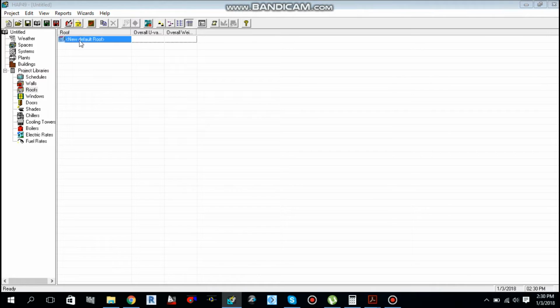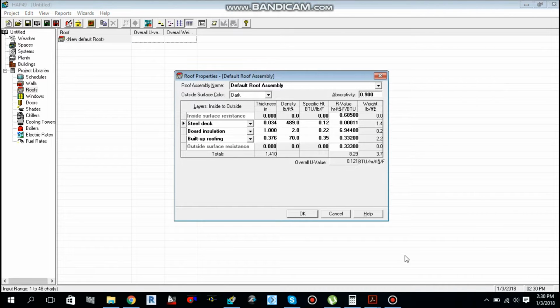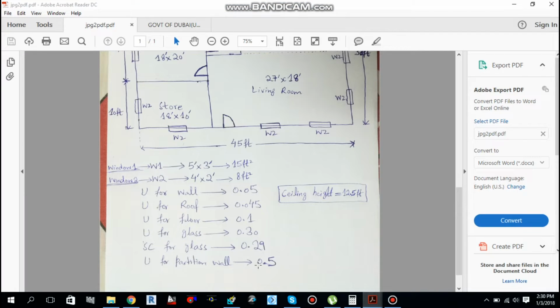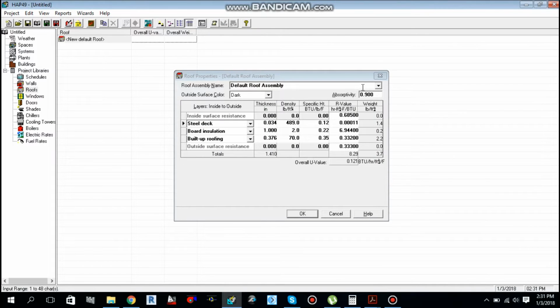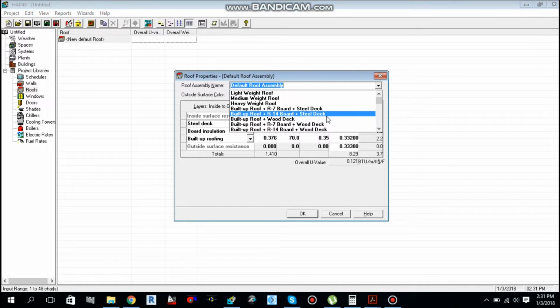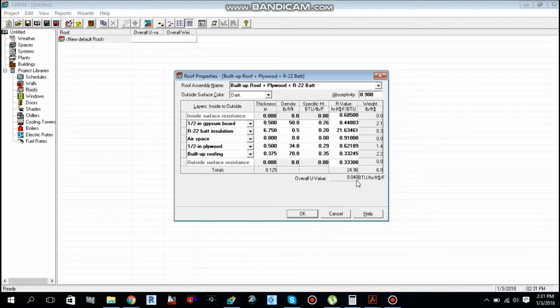Same thing we'll do over here. What is the U value for the roof? That is 0.045, so we have to make this value 0.045. Let me change this one to fall shingle plus plywood R22. Okay, as you can see 0.040, we have to make it 0.045.